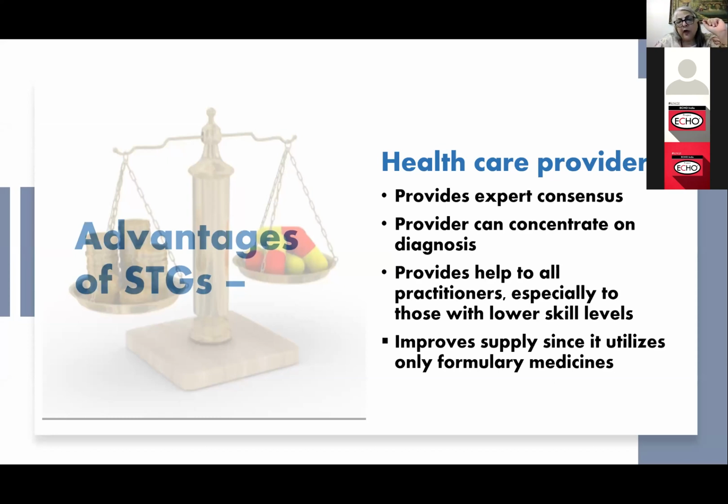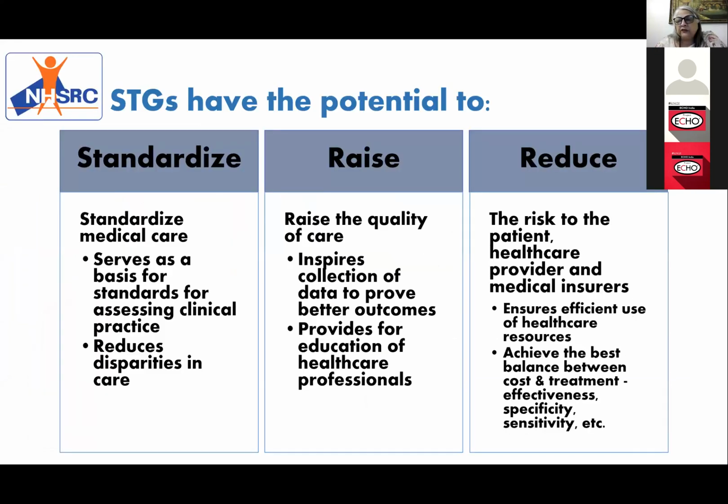Another advantage of STG is that people at a lower level of healthcare also get educated. Many a time referrals are made to a higher level for nothing, for a problem which can be easily treated at a lower level, just because they do not know they can do this at this level. Unnecessary referrals are made. So capacity building can be done, and then you can project your patient load, project your supplies accordingly and keep sufficient stock.